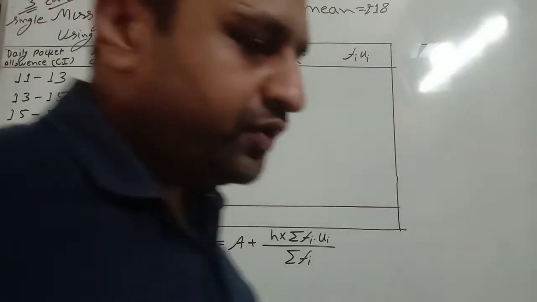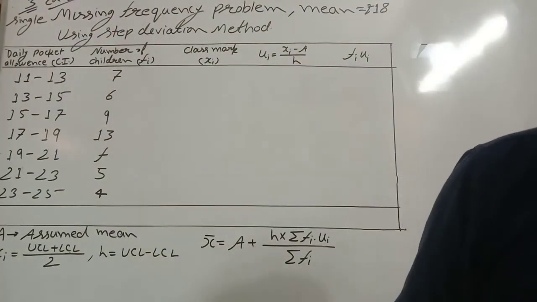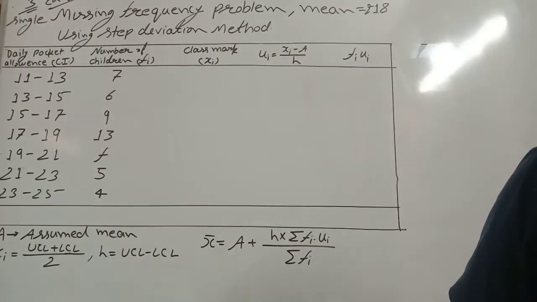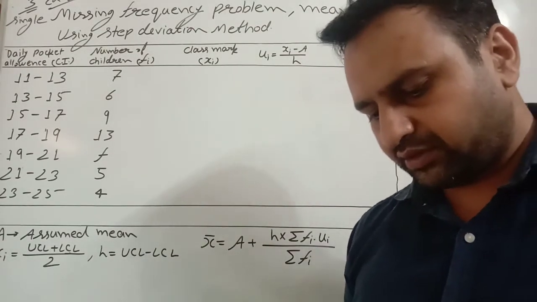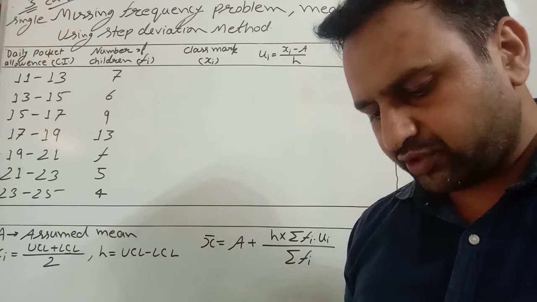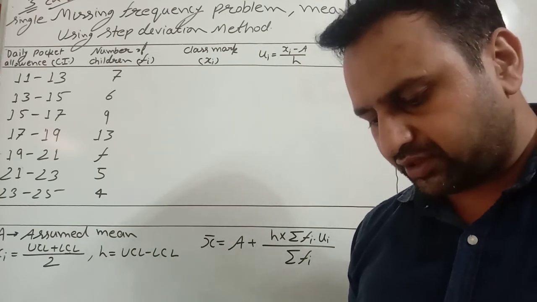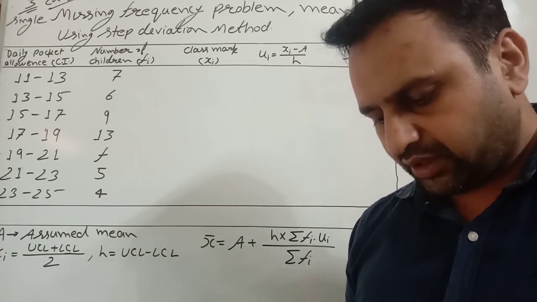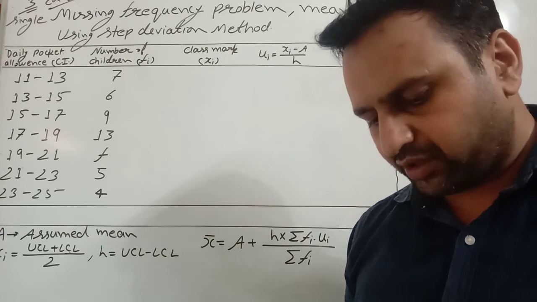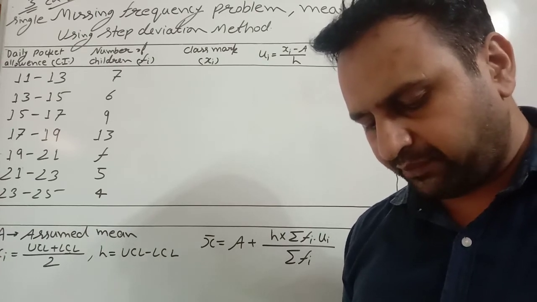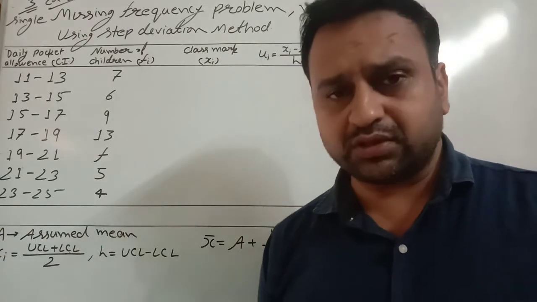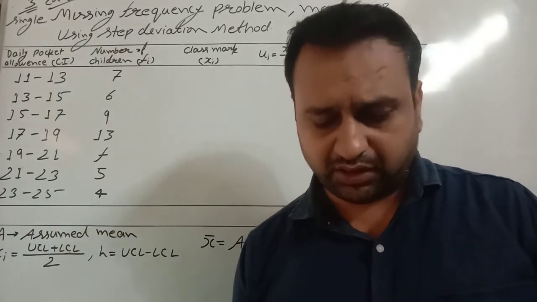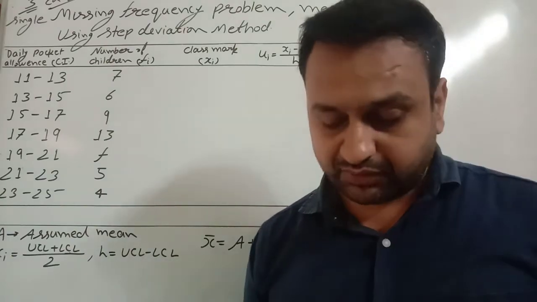Okay student, now we have to do question number 3. Question number 3 is different from the remaining questions because in this question the following distribution shows the daily pocket allowance of children of a locality, यानी कि किसी लोकेलिटी में बच्चों को कितनी पॉकेट मनी मिलती है उसके अकॉर्डिंग दे रखा है. The mean pocket allowance is ₹18 and find the missing frequency. In this question mean is given and we have to find out the missing frequency.